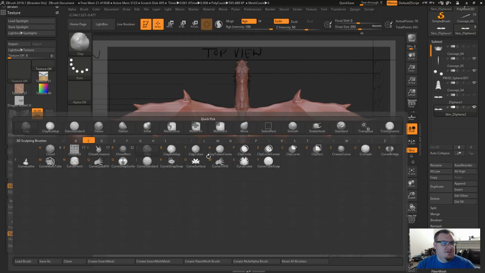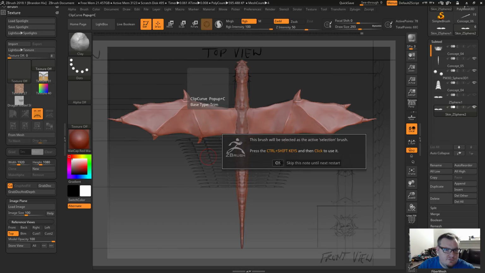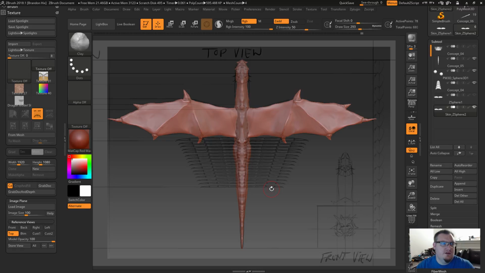So if we hit B, C, look over here and see all these clips, and clips are going to basically allow you to push or project the vertices to a shape that you create. So in this case, if we did a clip curve, it's going to tell us we can use Control-Shift keys to create the clip. So Control-Shift, and as we draw this curve in here,